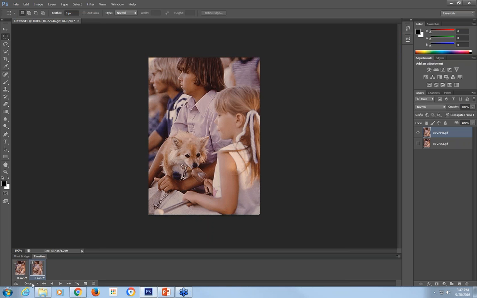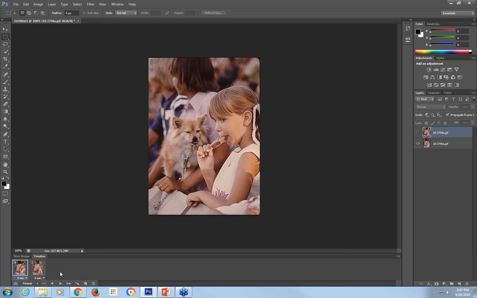Now, as we saw before, we want the looping. In this case, it defaulted to once, so we want more than once. We don't want it to replay indefinitely, so we'll click forever. The default timing is 0, which is going to induce seizures in some people. So we don't want that. So we'll pick what we think is a natural timing. We can go with maybe half a second,